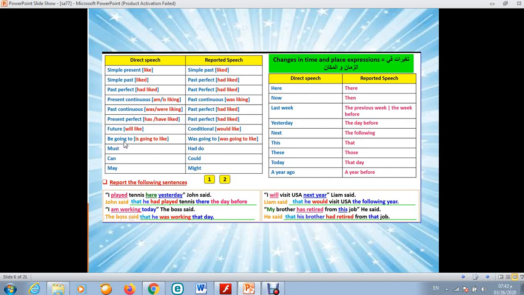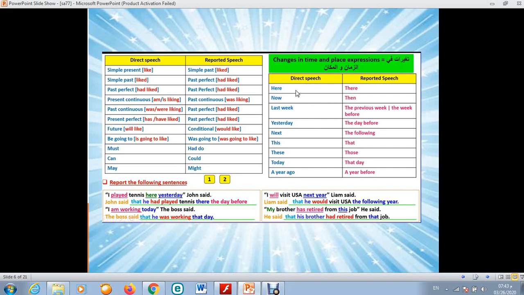Future with going to, am or is or are going to, we will change it into was or were going to. Must is changed into had to, can, could, may, might. So every tense in present, every word in present, we change it into its past. Also,